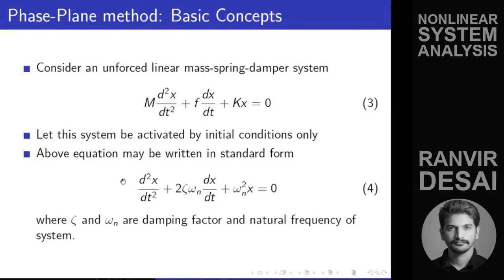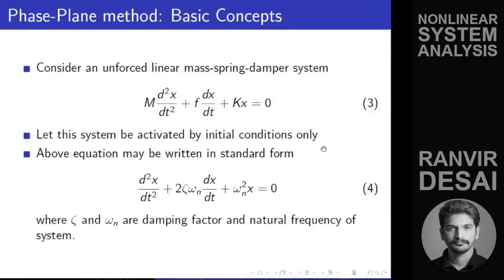This is a standard equation of a mass spring damper system where x is the displacement of that body, m is the mass, f is the friction coefficient or damping coefficient, we can say, and k is the spring constant. Okay, so this system does not have any input; it just has an initial condition. Consider that there is a mass. You pull it out, you keep it there, and you leave it at t equal to 0. So how it behaves after that, that we are going to analyze.